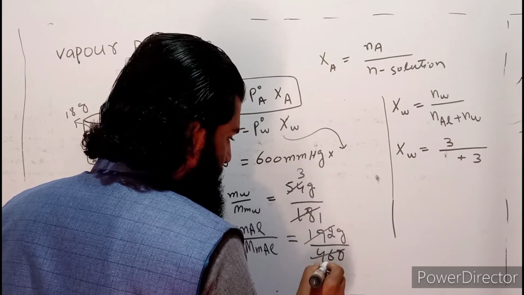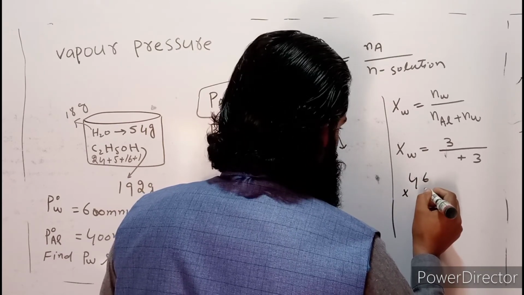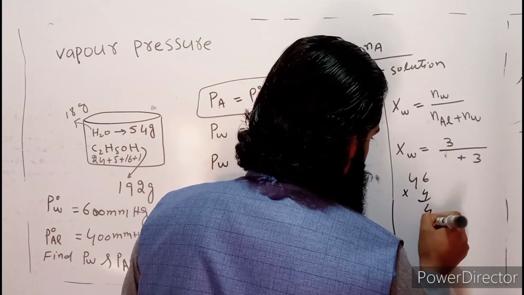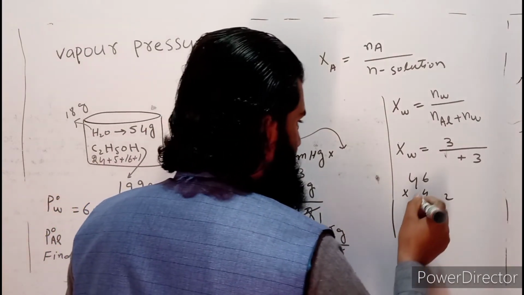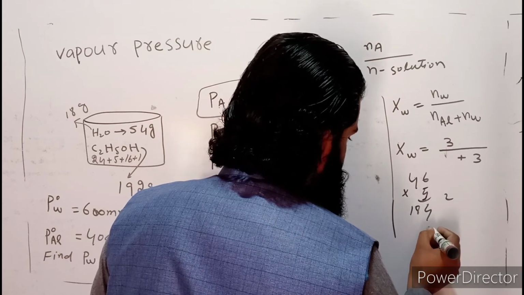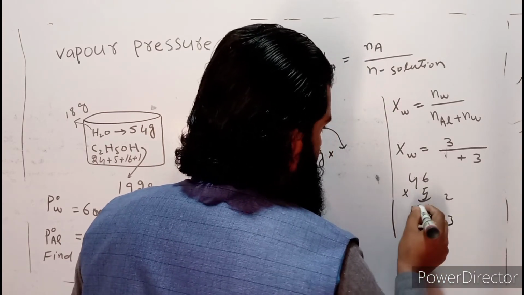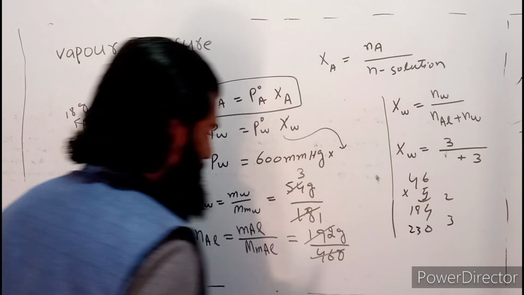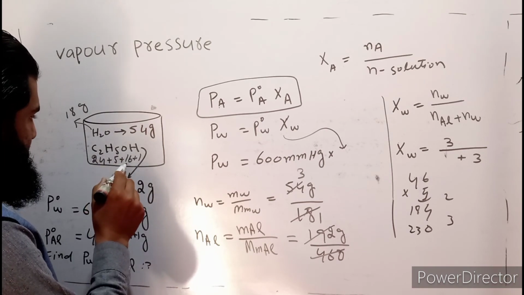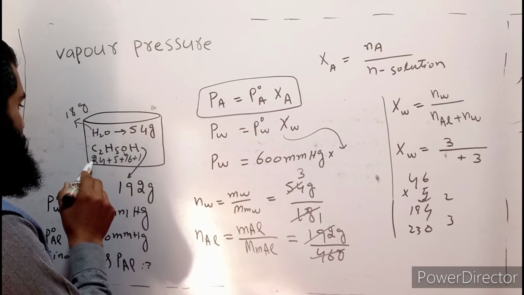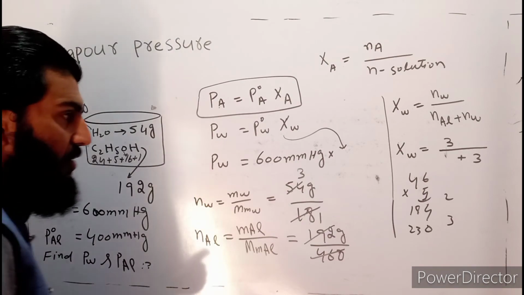So we divide by 46. Let me check: 46 multiplied by 4 is 184, and if we divide by 5, 5 multiplied by 6 is 30, 5 multiplied by 4 is 20. Clear? 192, is it correct? The molar mass is 24 plus 5 plus 16 plus 1, so 24 plus 1 is 25, 30, 40, 46. Clear? So now we will find